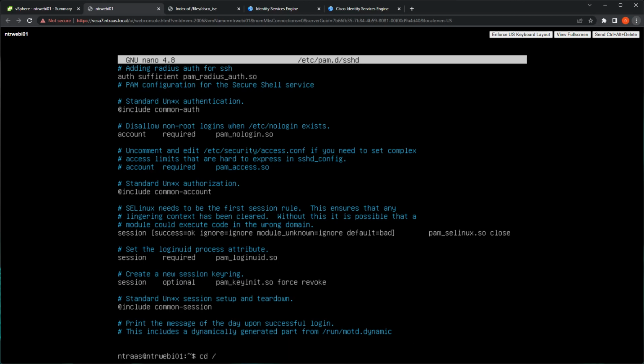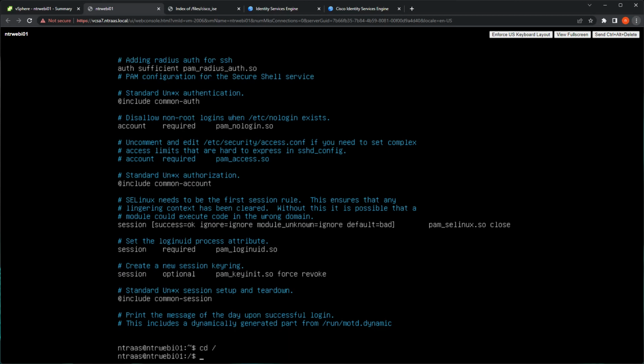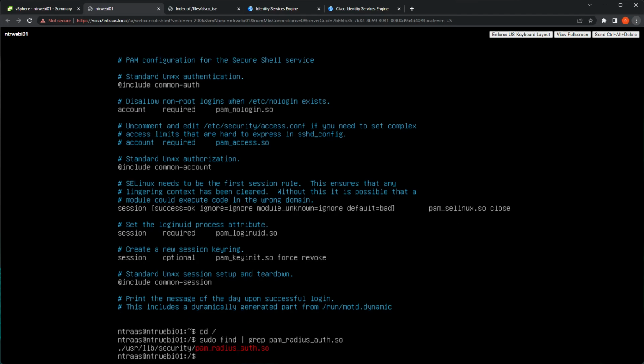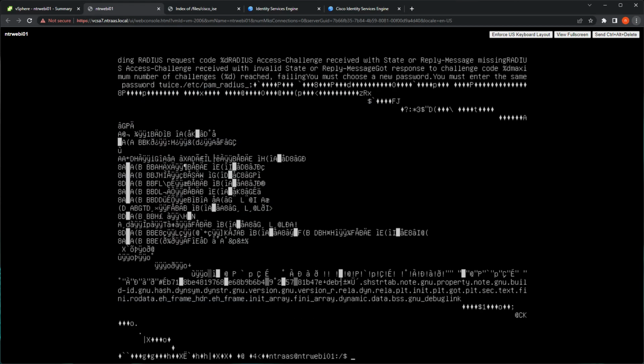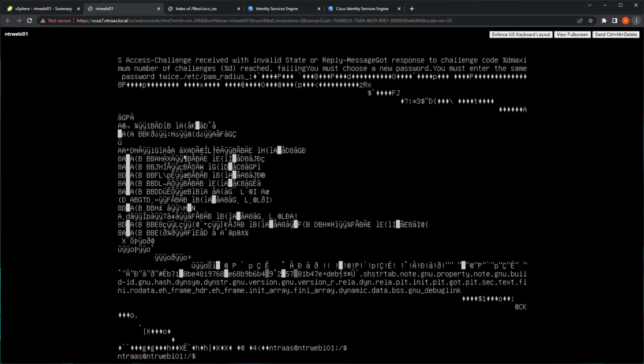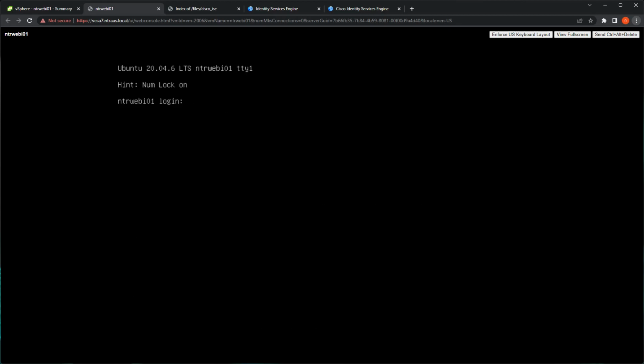So let's see if maybe we can find it. Sudo find grep pam_radius_auth.so. Alright. Let's do a sudo cat /usr/lib/security/pam_radius.so, and it's woof. I don't even know what that's about. But anyway,